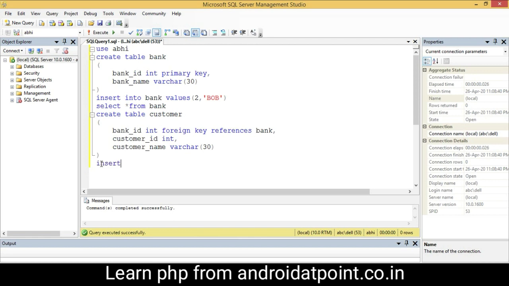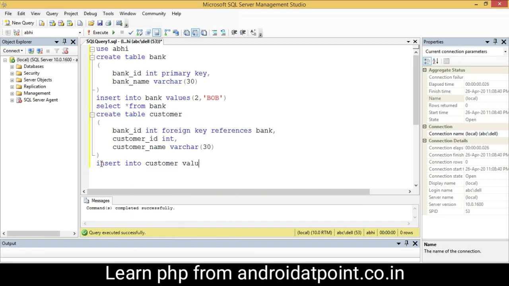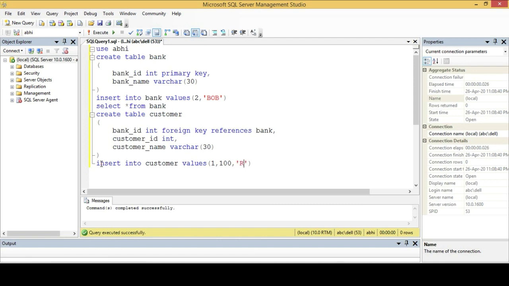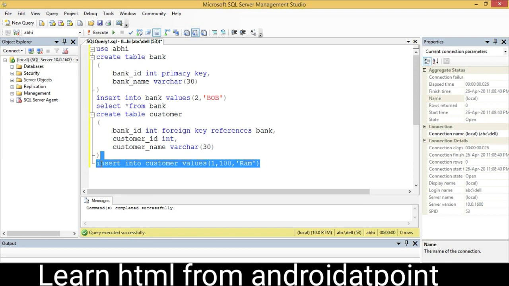First of all, I am going to insert a record into the customer table, customer values, giving here 1 and customer ID as 100 and name as Ram, and select it and execute it. One record inserted into the customer table successfully.